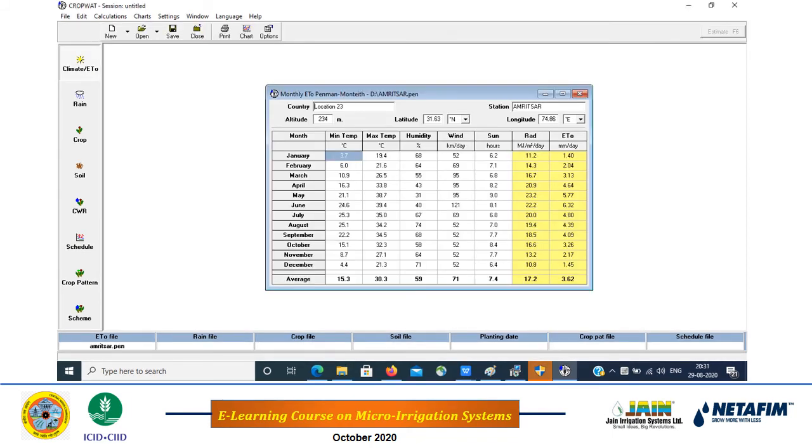Now as you select that station, because we had selected Amritsar, as you open Amritsar, the climate ET0 data would be displayed in the software,